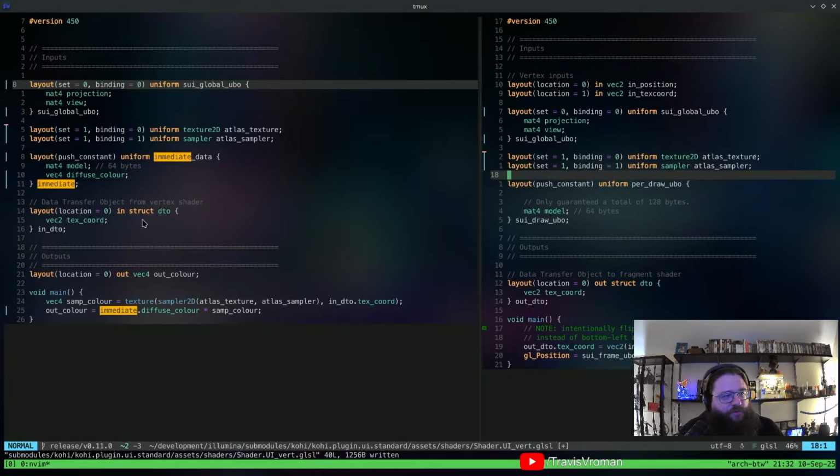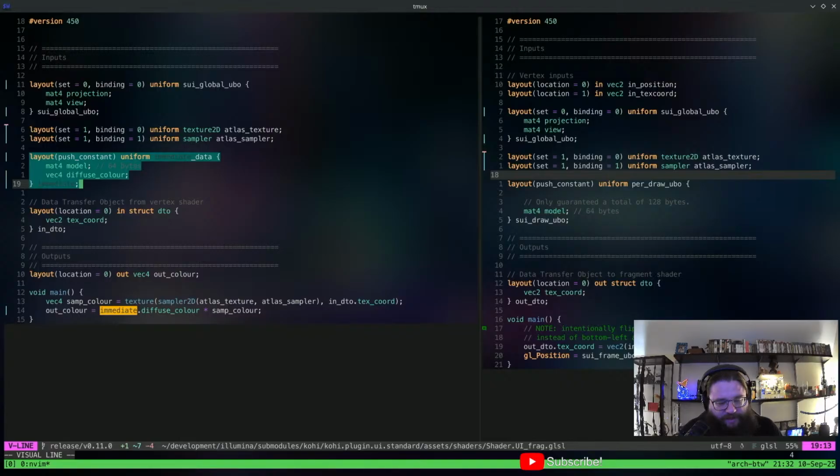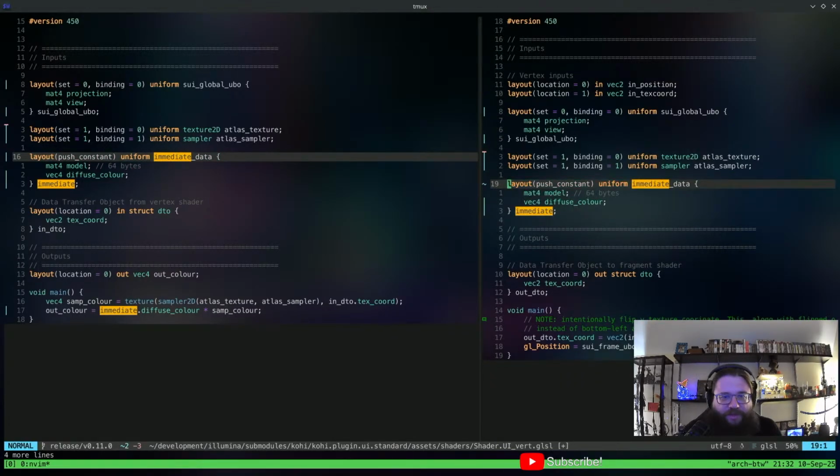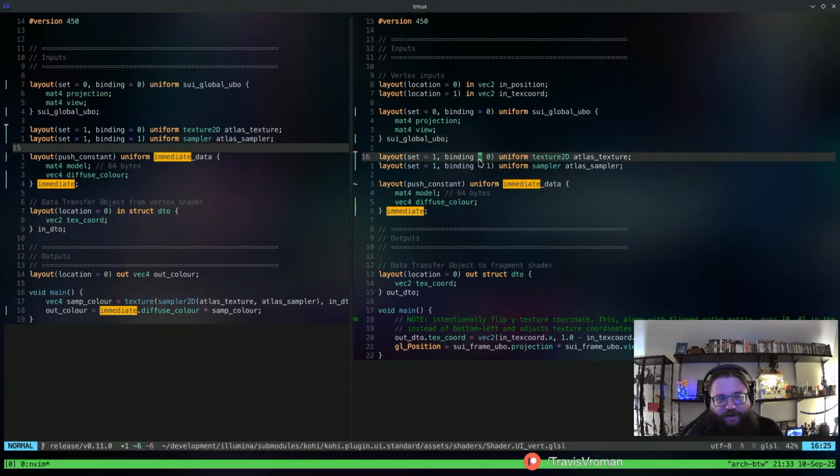And then the per draw UBO is basically going to just become our sort of immediate that we had before, right? So we've got that, and that obviously is our push constant, right? So I've moved diffuse color from that sort of per group to this. That way, when we go ahead and stand this up, all we have to worry about is a single binding instance here, and then I guess we need to figure out how many instances we have, but we'll figure that out in just a second in the shader config.